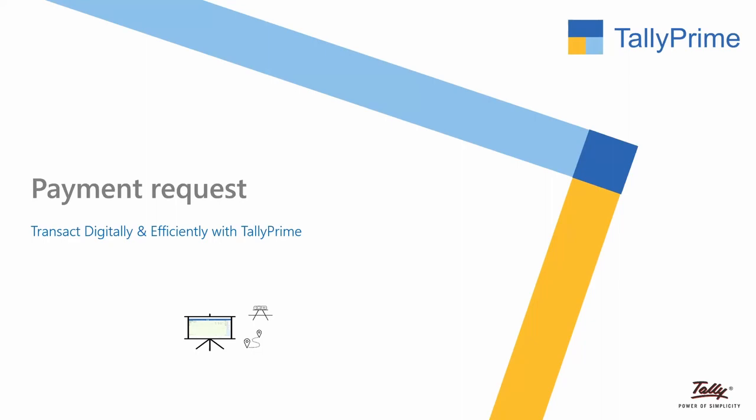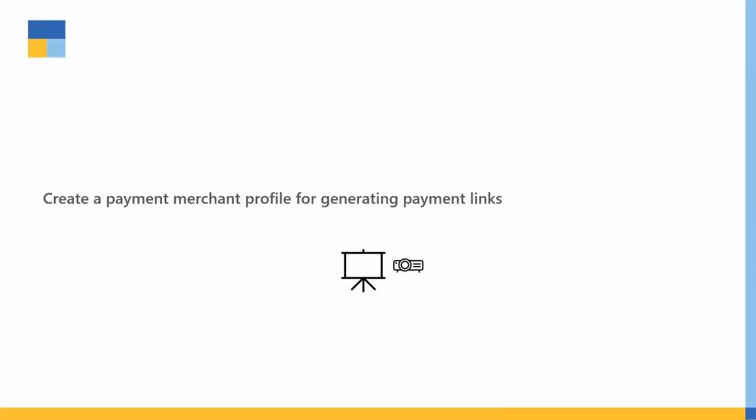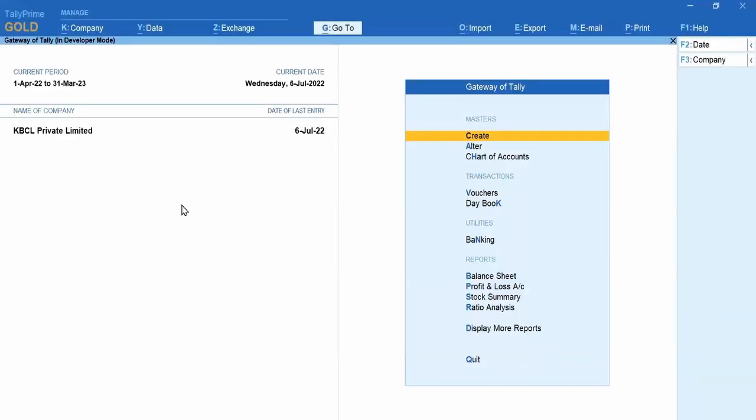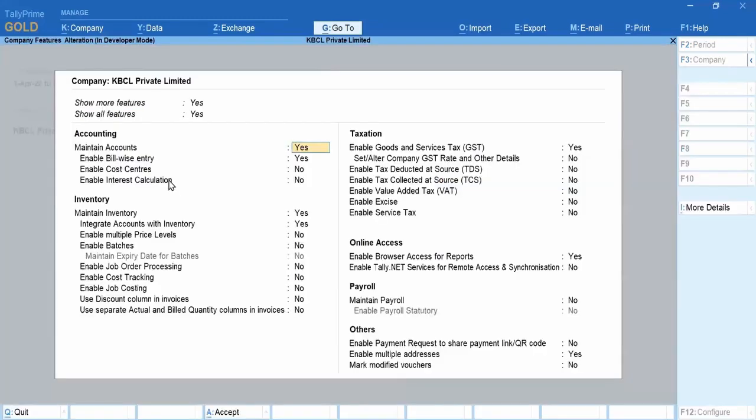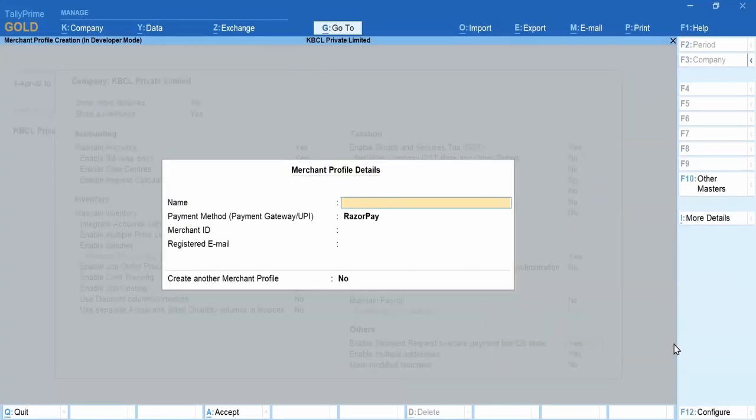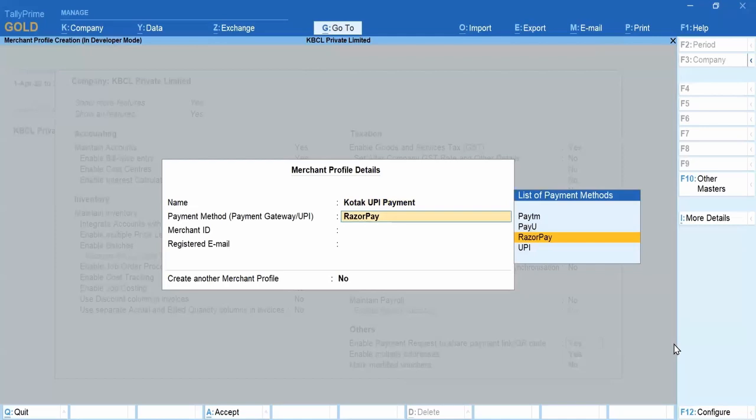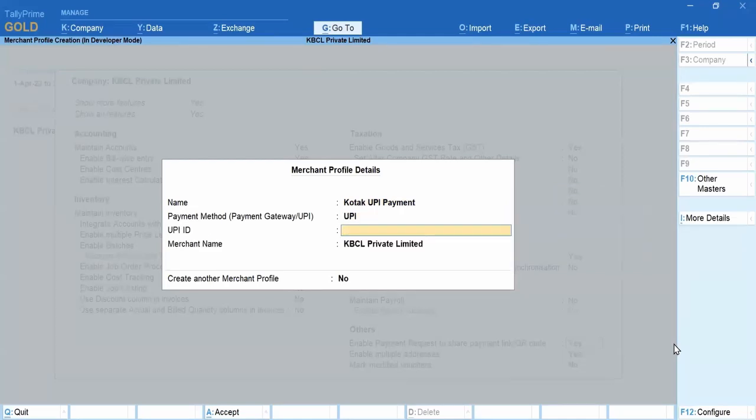Transact digitally and efficiently with TallyPrime. How can you do that? Create a payment merchant profile for generating a payment link. Now, practically, let's see how to do that. Again, I use the feature F11, F12, enable payment request to share payment link and QR. I'm putting the detail as Kotak UPI payment. Under UPI, I'll put the UPI ID,